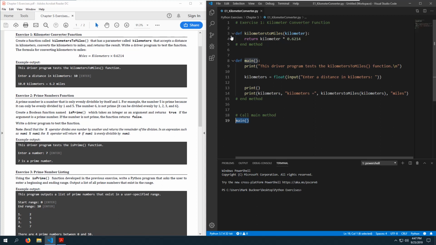We hop up here. Kilometers as an argument gets pushed into the kilometer parameter. Do keep in mind that by default, Python does something called pass by value, which means the value of this argument variable will be passed into this parameter variable. So if we entered 5 here, 5 gets passed into the kilometer parameter. It's passed by value, which means only the contents of the variable is passed, not the variable itself or its